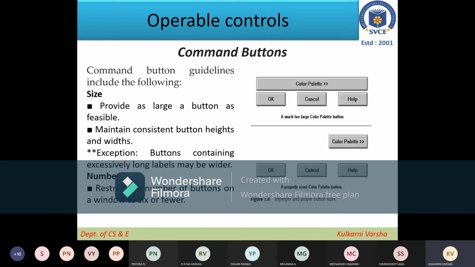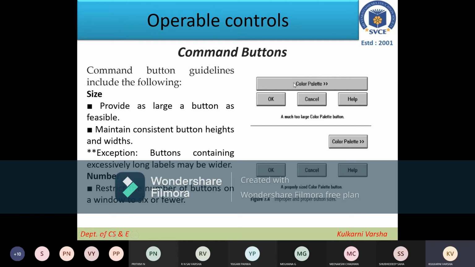So these are the command buttons. You can see on the right-hand side which are improper and which are proper buttons, that also they have given. You can see the first one here, a much too large color palette button. They have increased the color palette button just to make the remaining 3 buttons come to the same size.